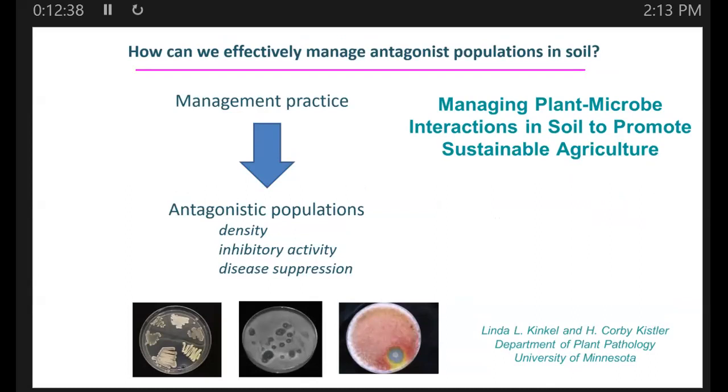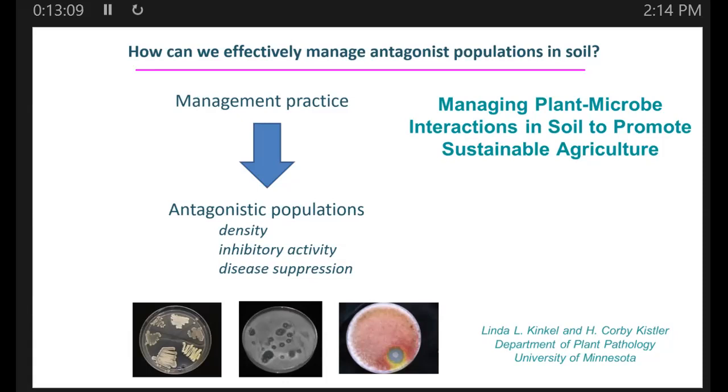And so looking at these plant-microbe interactions, one of the things that we're trying to do here is, if we can better understand the ecology of this, can we then manipulate the situation to benefit, create healthy plants, especially plants that are high in nutrition and good for us to eat? And so then it's like, we want to be able to use these microbes as biocontrol agents. It's a better